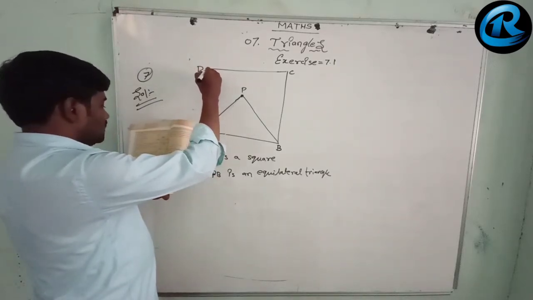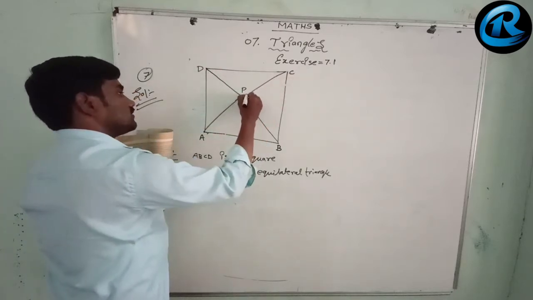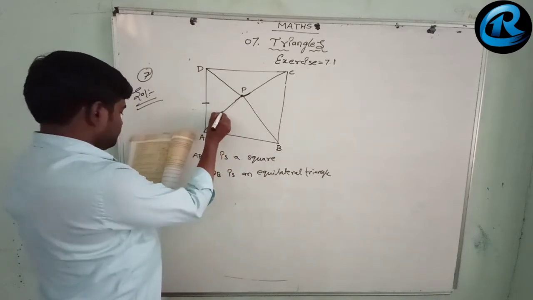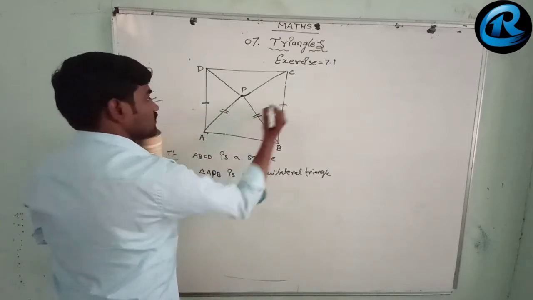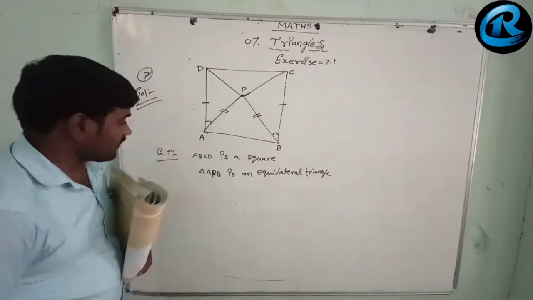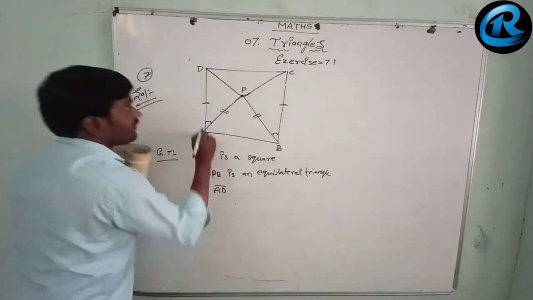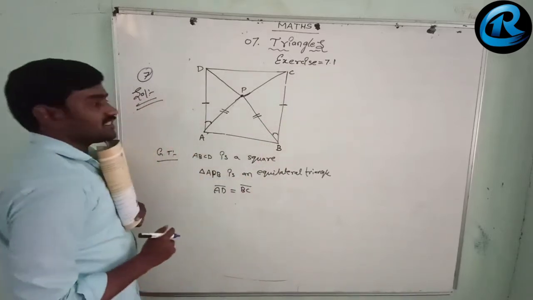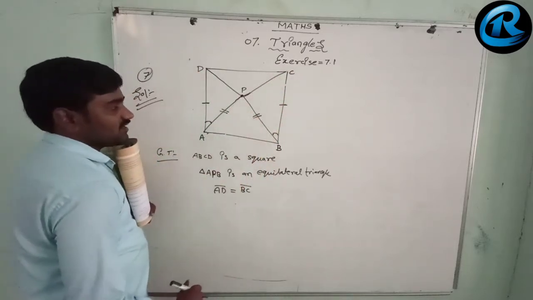There will be two more constructions here. As is shown here, the sides. By this we need to understand one thing, children. What they have given clearly, we have to understand. They have given some more things. Here by the picture we can understand that AD is equal to BC. Why is it BC? Because it is a square. All the sides are equal in length.